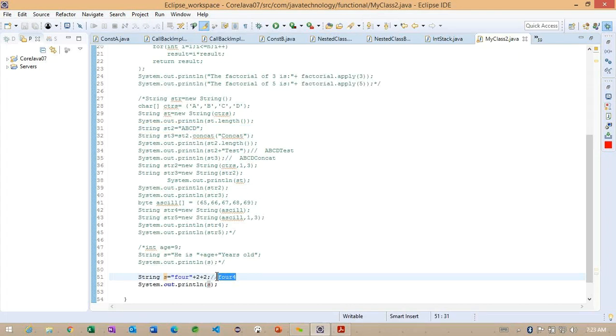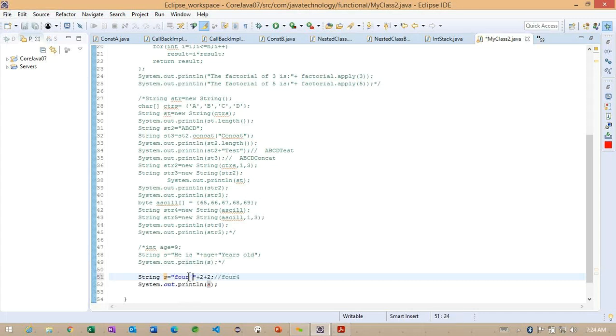So whenever we are concatenating with other data types, this is important here. Basically, first we need to do some additional operation here, and after that, we need to concatenate with a string object. Getting the point? If we are doing it like this, we are not going to get the expected output here.